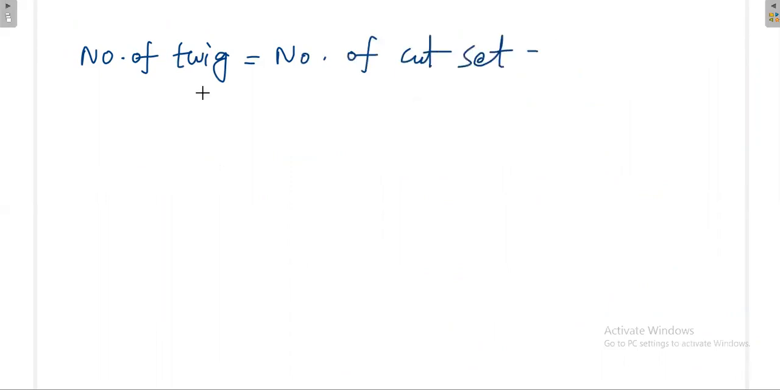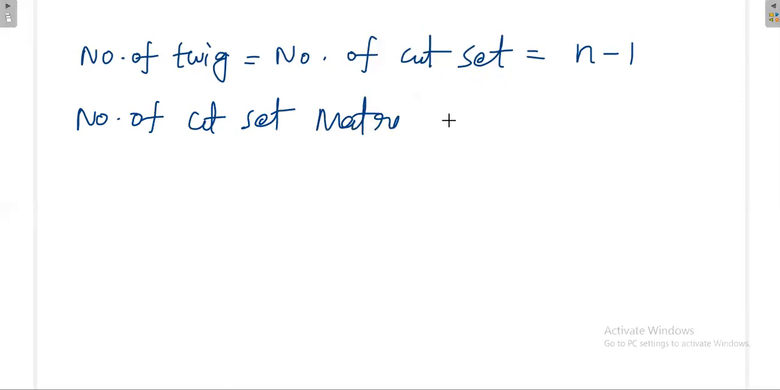And again, how many twigs will there be for a given graph? If the graph has n nodes, how many twigs are possible? n minus 1 twigs are possible. But how many cut set matrices are possible? The number of cut set matrices is equal to n to the power n minus 2, if it is a standard complete graph. That is the same as the number of trees. So given a tree format, how the tree format consists of